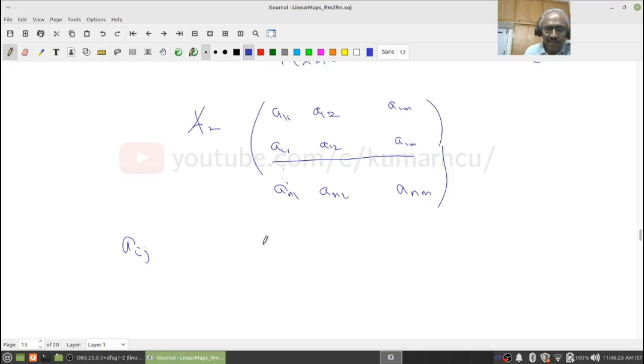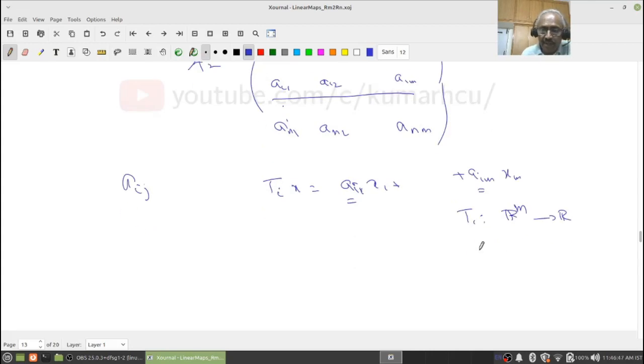That was nothing other than you write Ti of x as ai1 x1 plus ... aim xm, right? But what is my Ti? Ti is a linear map from Rm to R. Therefore these are the coefficients of the linear map that I know what they are. What is that? That is Ti of this one. If you want to call it ej, that is your aij,